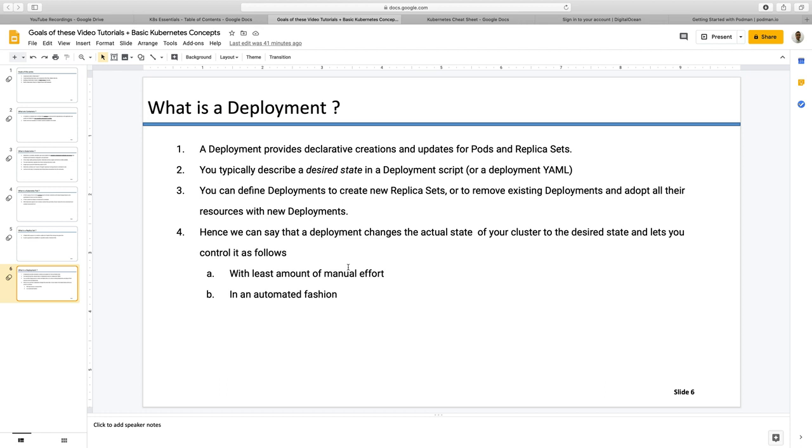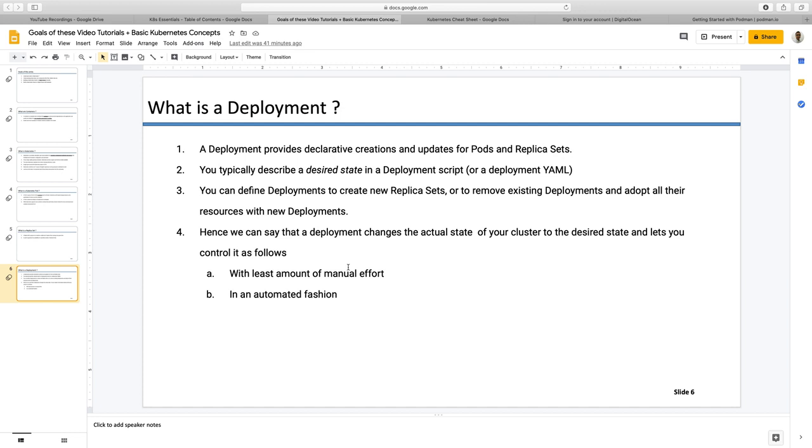It is just like XML, .xml, .yaml, right? That's the specification. What do you do with the deployment? You obviously can create a new replica set. You can remove the existing deployments, and all those replica sets will get destroyed. You can also update them as per the new requirements from your project. So what is it that we can say in summary?